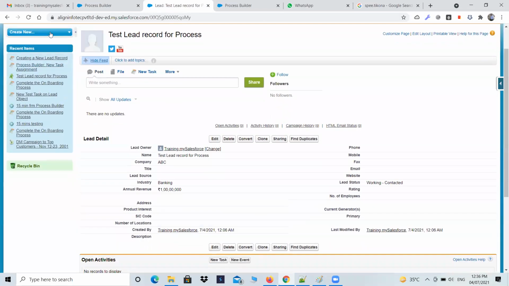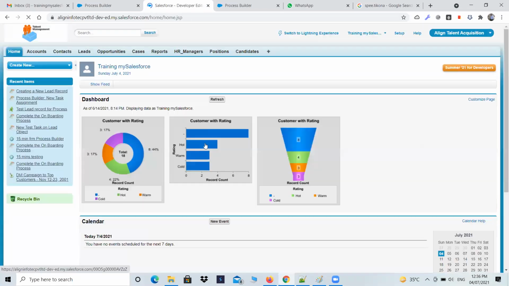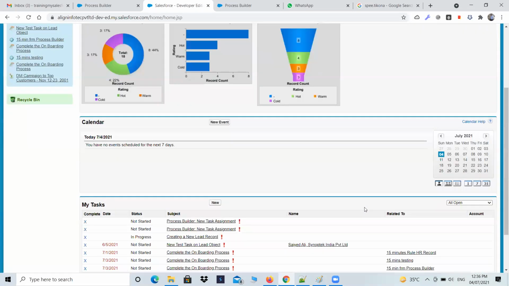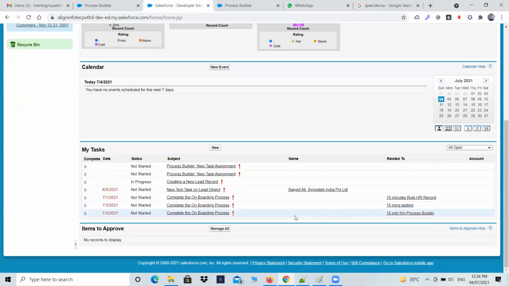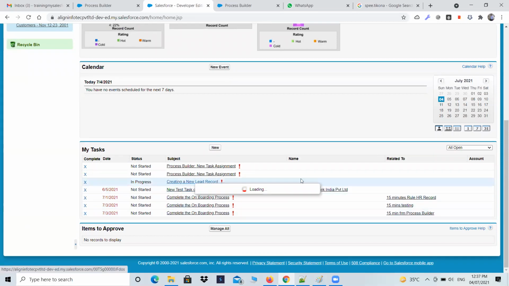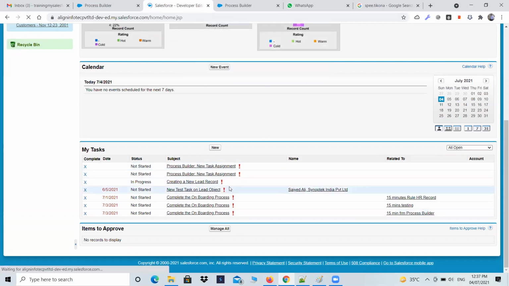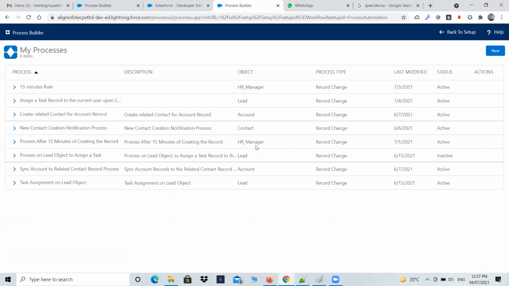अब जाते हैं हम लोग होम पेज पे, नाउ सी वेदर प्रोसेस बिल्डर इज वर्किंग और नॉट। ऑल ओपन, न्यू टास्क, न्यू टेस्ट टास्क। अब तो हो जाना चाहिए यार। प्रोसेस बिल्डर न्यू टास्क असाइनमेंट, ये क्रिएट हो रहा है, ये 2 बार क्रिएट हो रहा है। एक्चुअली इसका दूसरा वर्जन डीएक्टिवेट करना पड़ेगा मुझको।